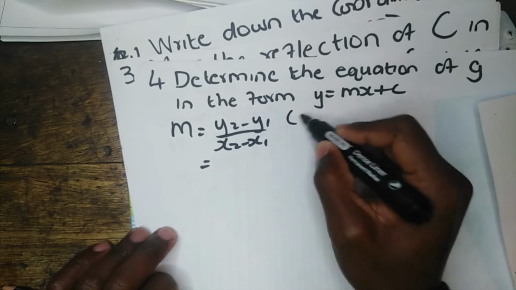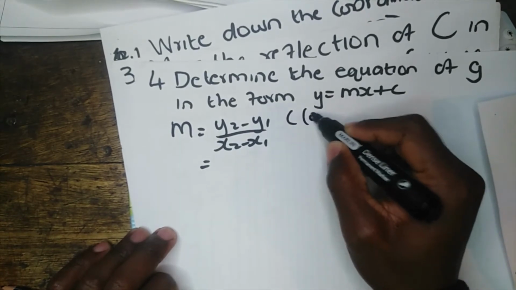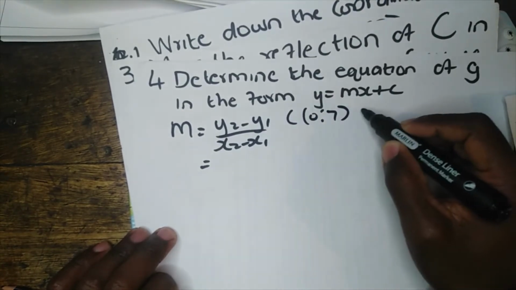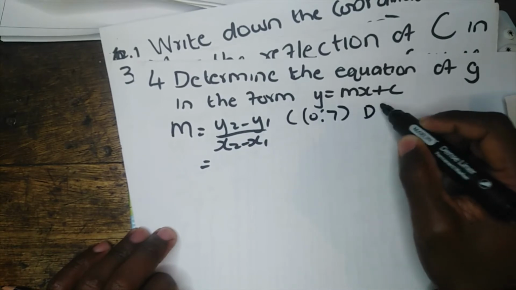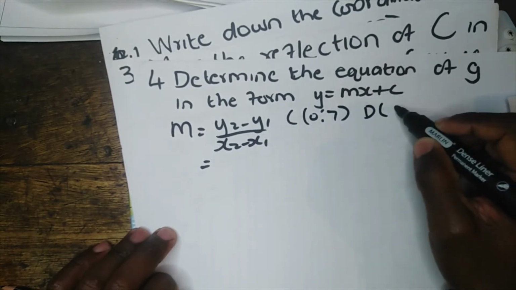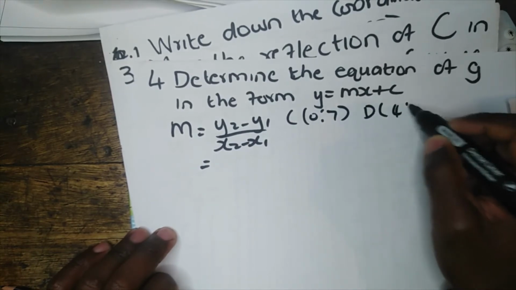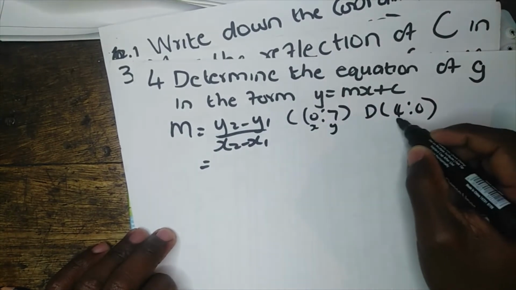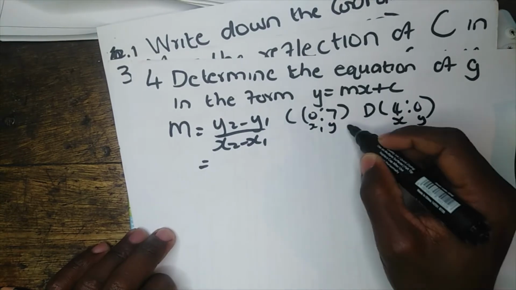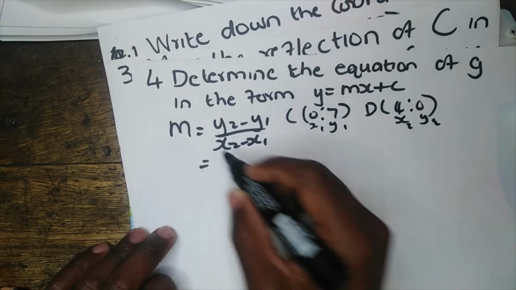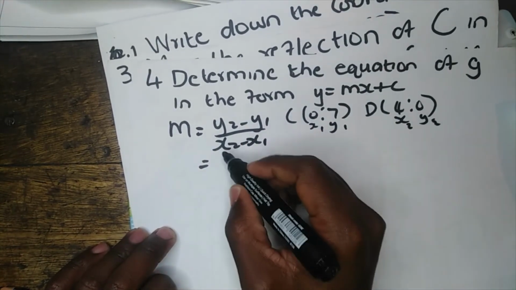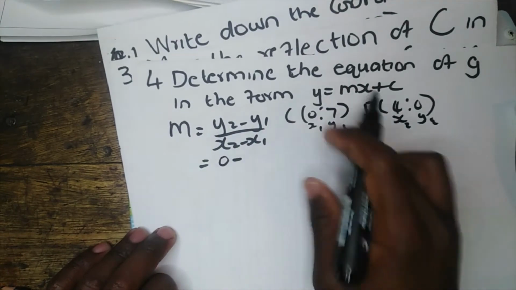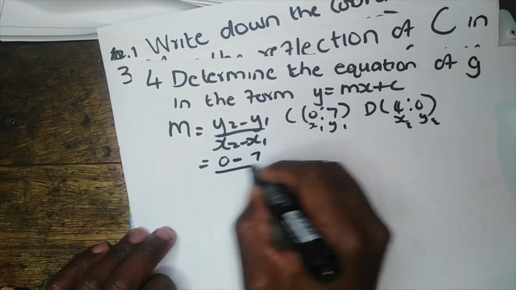The coordinate for C is (0, 7), and the coordinate for D is (4, 0), right? So x and y here are x1, y1, x2, y2. So simple. Our y2 is 0 minus y1, 7, all over